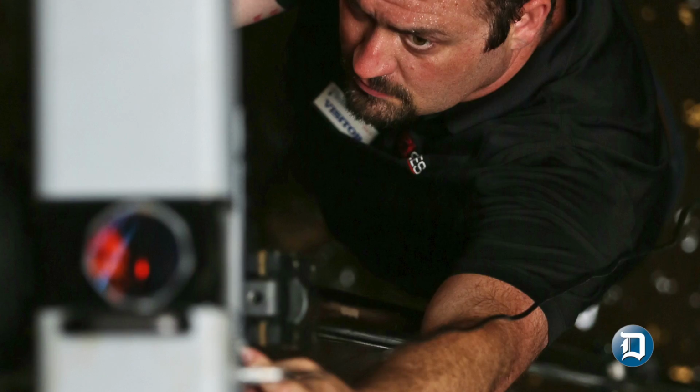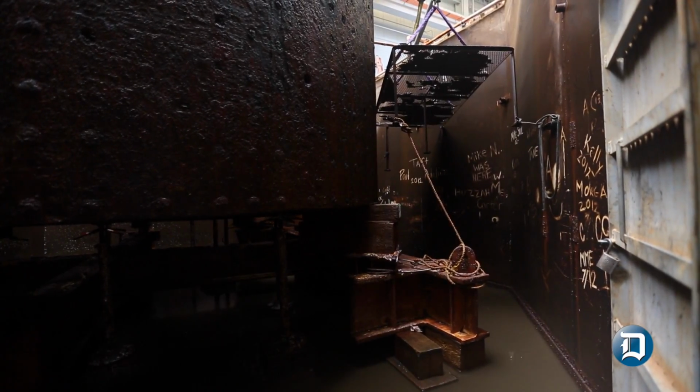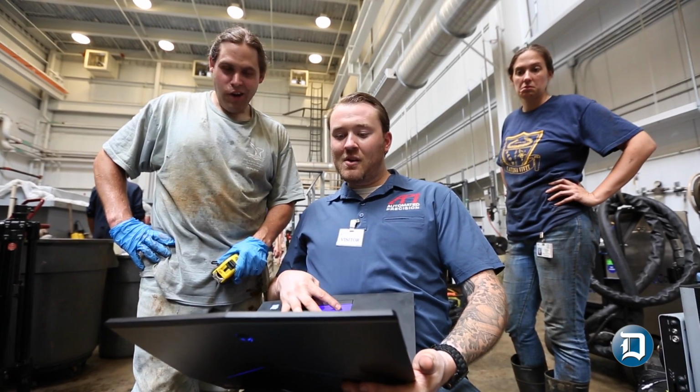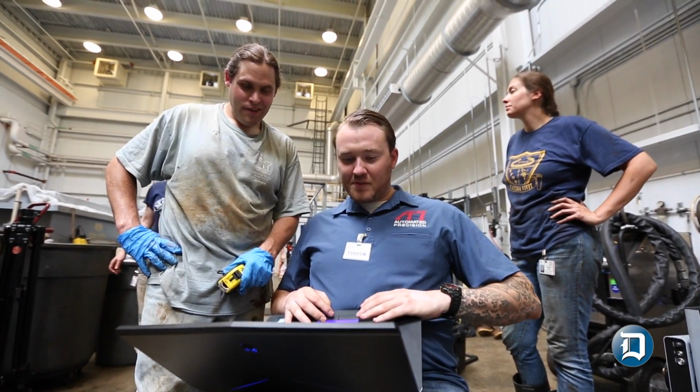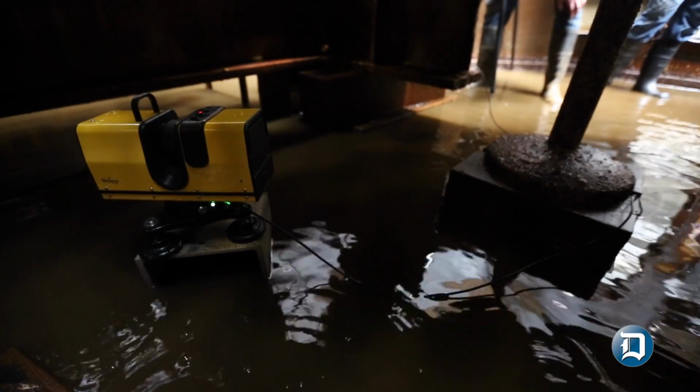do diameter measurements and depth measurements, volume measurements, things like that. Kind of get an idea of what ship it came from, what size cannonball it was, how much powder they were using, how far away they were. There are all sorts of things that we can try to factor in to reverse engineer